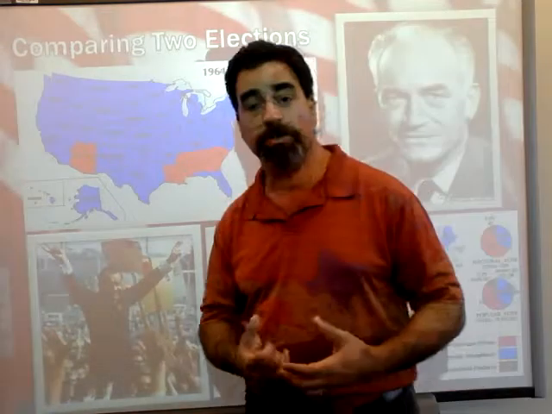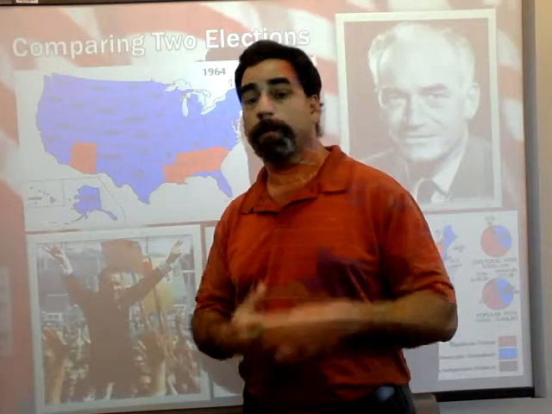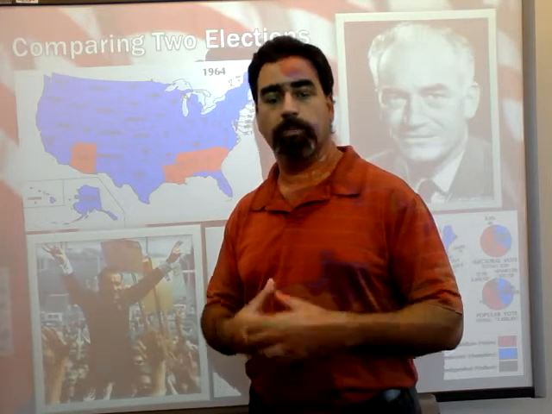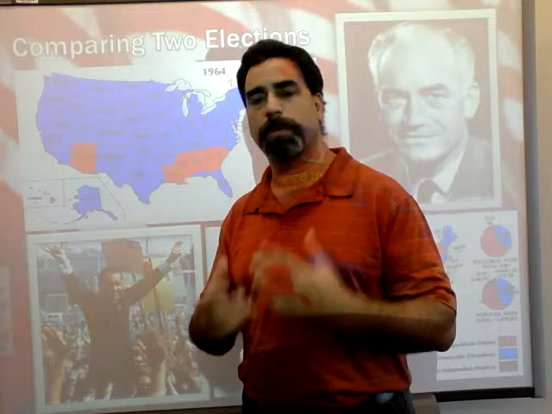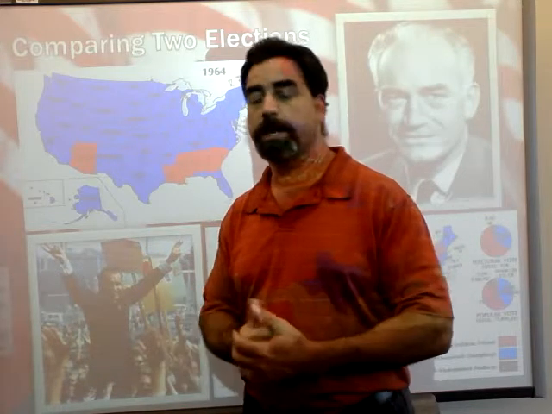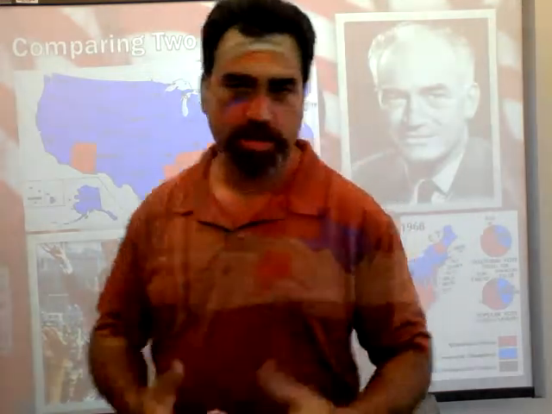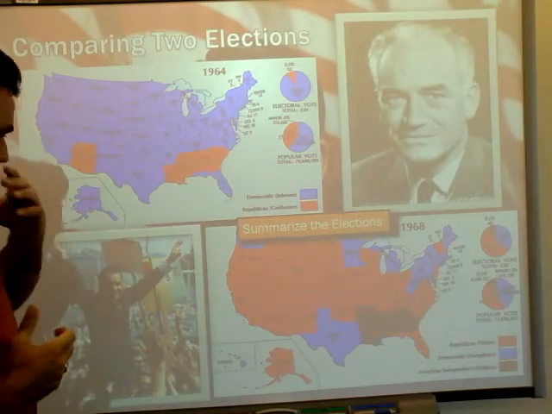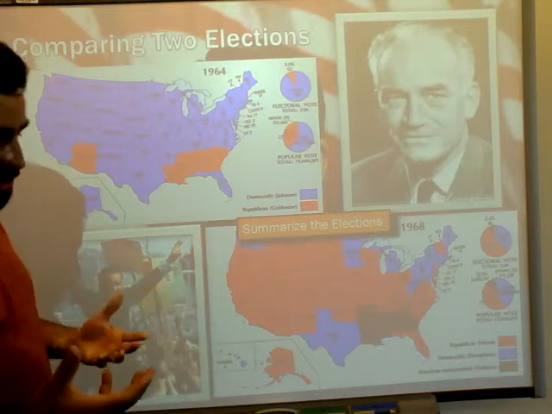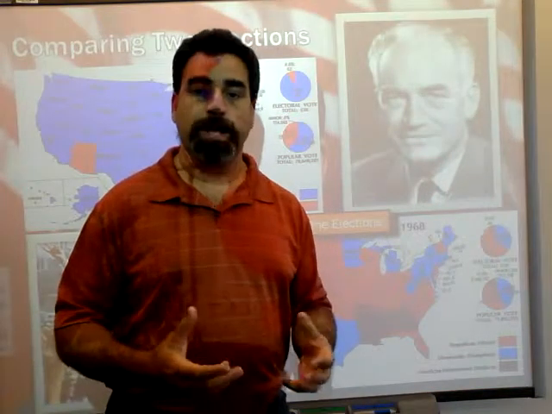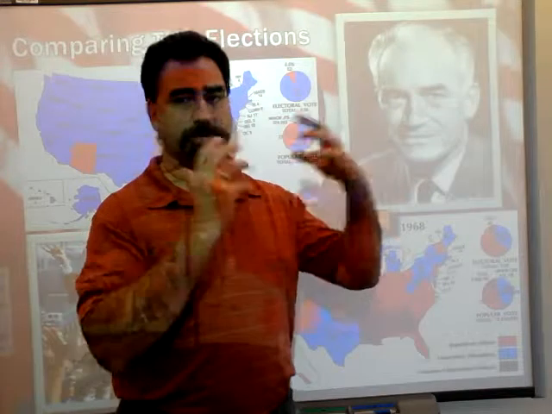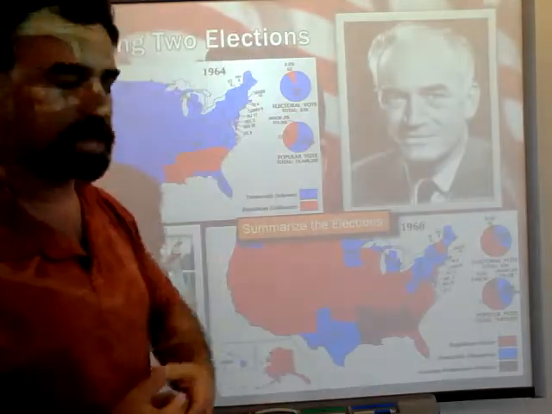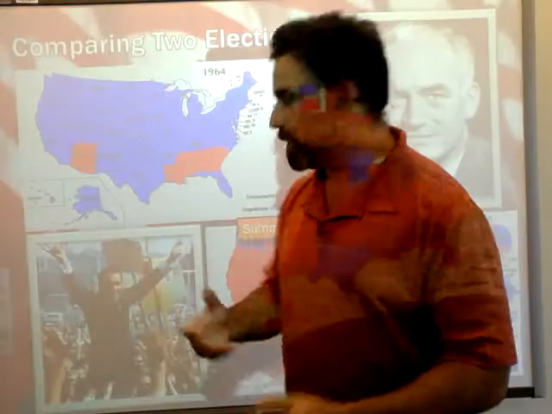But as popular as Johnson was in 1964, by 1968 he was not popular at all, largely because of the Vietnam War and what was called the credibility gap. The people had lost faith in Johnson's ability to lead, largely as a result of Vietnam. So now we're going to take a look at the 1968 election, in which Hubert Humphrey gets the nomination in the just absolute mess that was the 1968 convention, mostly because he played the delegates,